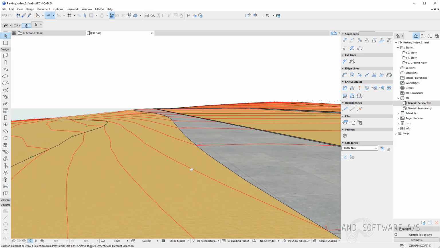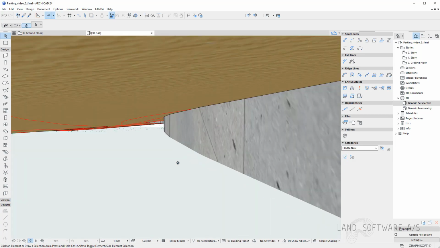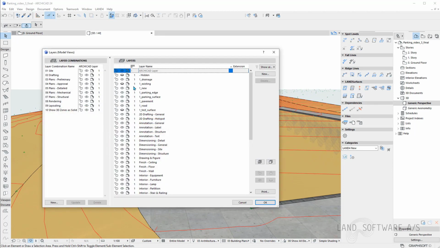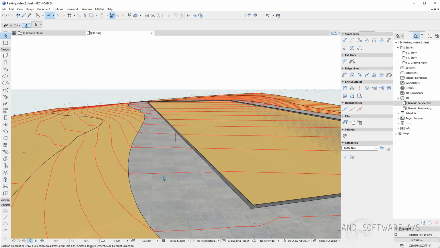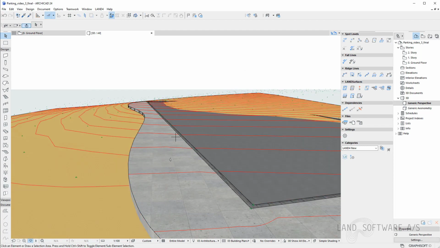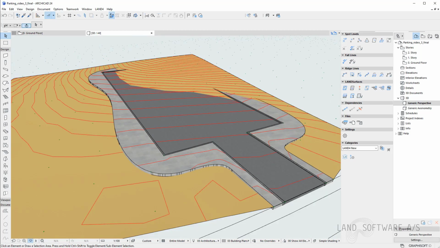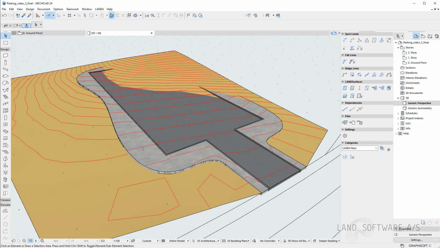So as you can see now, it meets the pavement while the existing terrain, it goes underneath. So in this way, we have already constructed the new terrain in a way that it meets our constructed site.